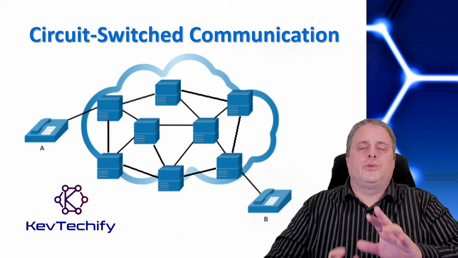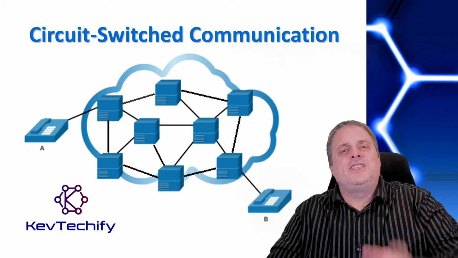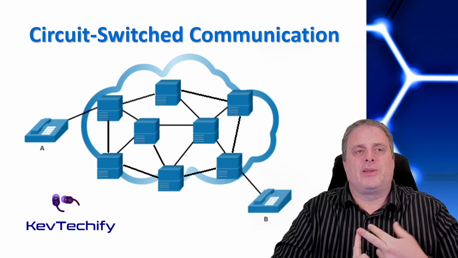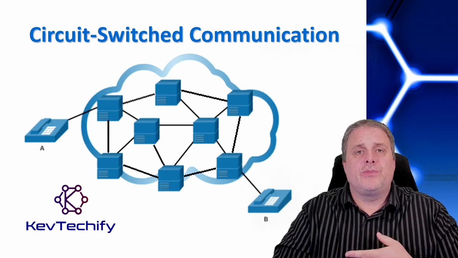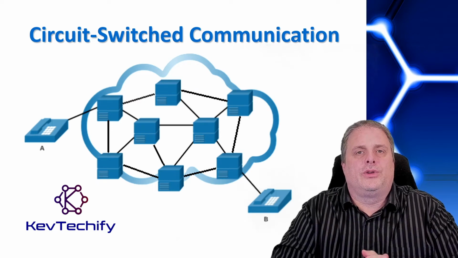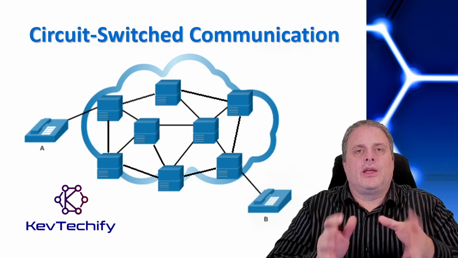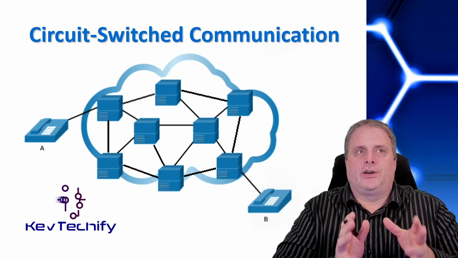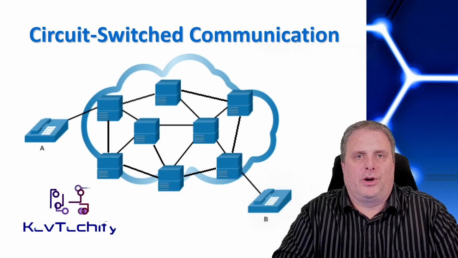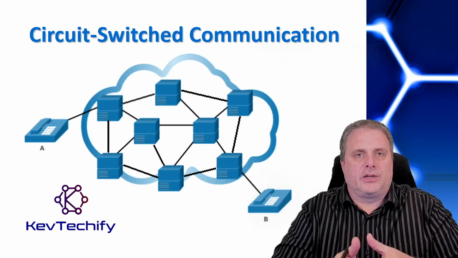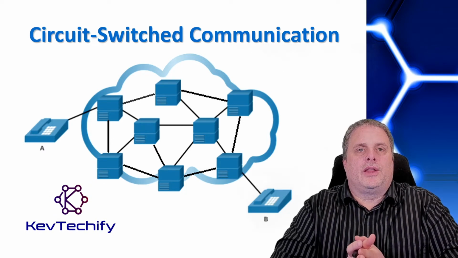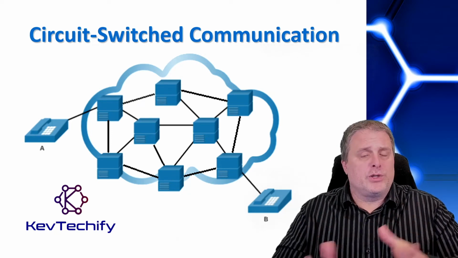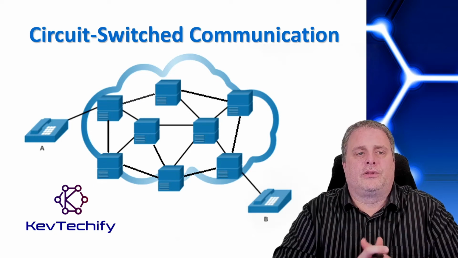There are 2 methods by which we can actually get that data physically across the network. One is the circuit switched method, and the other one is packet switched. The circuit switched method is definitely the older technology. Think about this like making a phone call. What we have to picture here is a traditional phone call, like the ones your parents or maybe even your grandparents had, where they got the telephone from the telephone company, and it's not a voice over IP line, but a normal telephone.